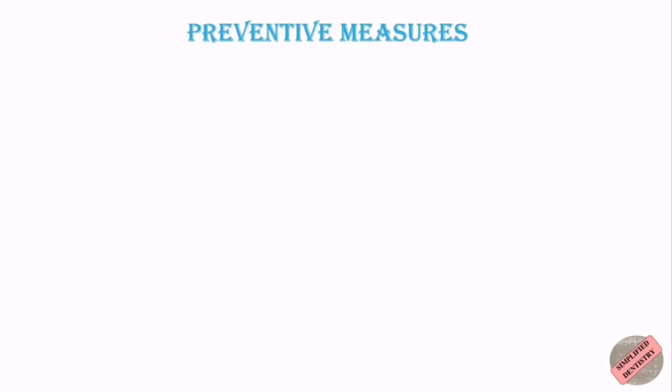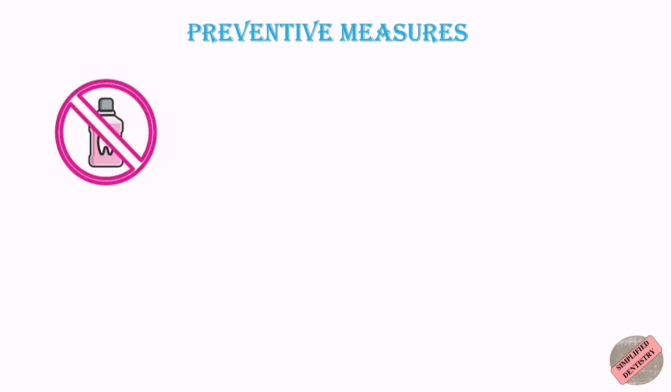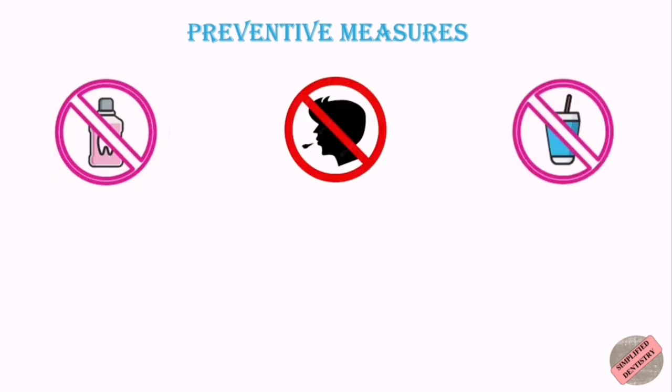Now let's have a look at the preventive measures that can help you to prevent the formation of dry socket. People should take care not to rinse their mouth too vigorously. Rinsing the mouth is possible after a tooth extraction, but it is important to do it gently to avoid disturbing the blood clot. Do not spit or use a straw for 24 hours following a tooth extraction. Avoid chewing on the side of the mouth where the extraction took place to minimize the chance of dislodging the